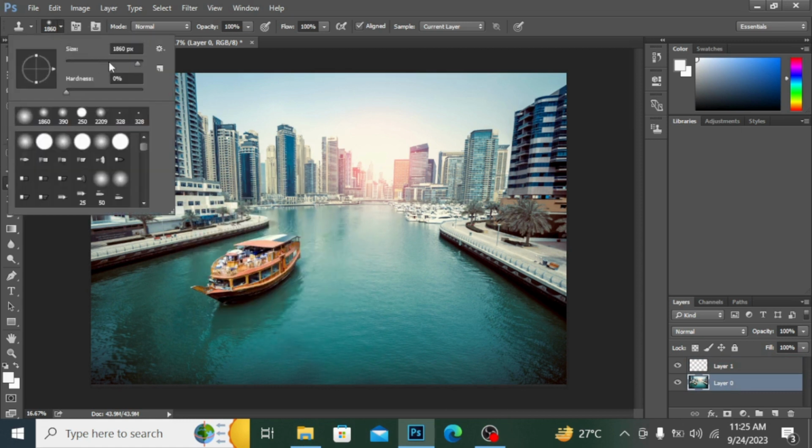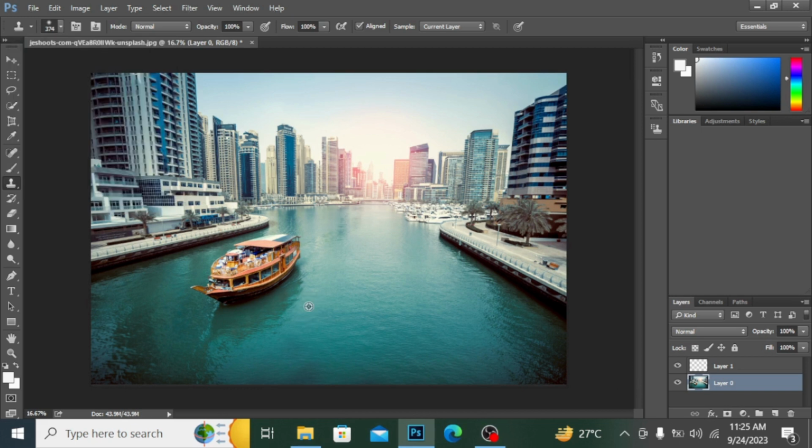Guys, first of all you have to decrease its size. So by pressing the Alt button you can define the source, and I will work on this layer 1. Start working with the help of your mouse like this. Don't release your mouse. Now I want to fill this. I'm going on the original layer and I'm defining its source from here. Let's go on the layer 1 and